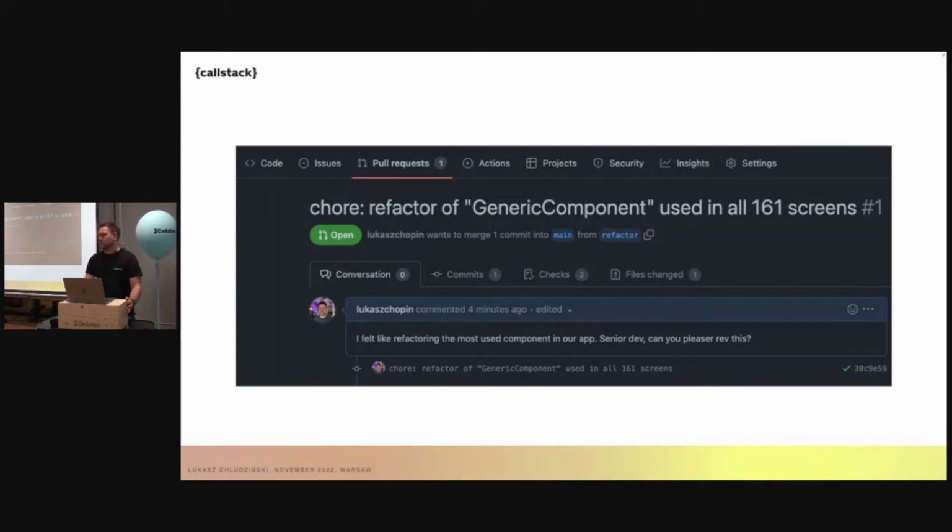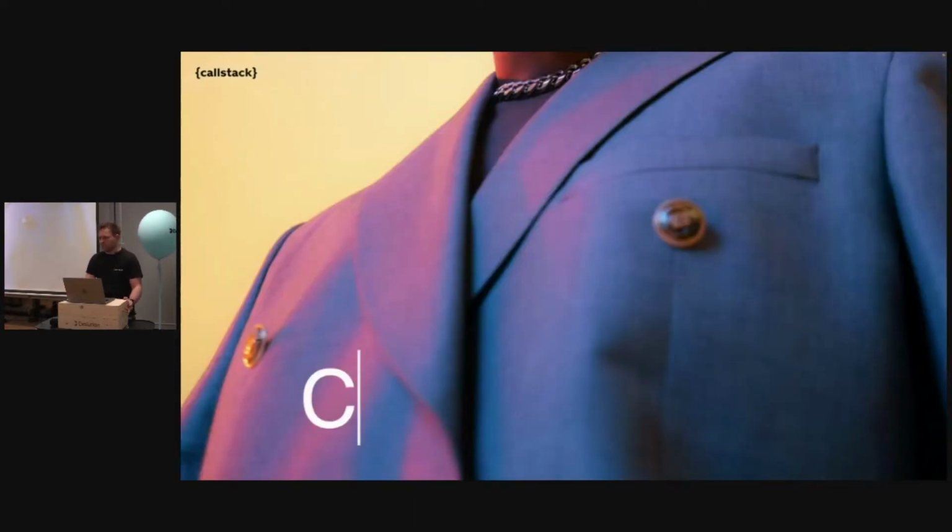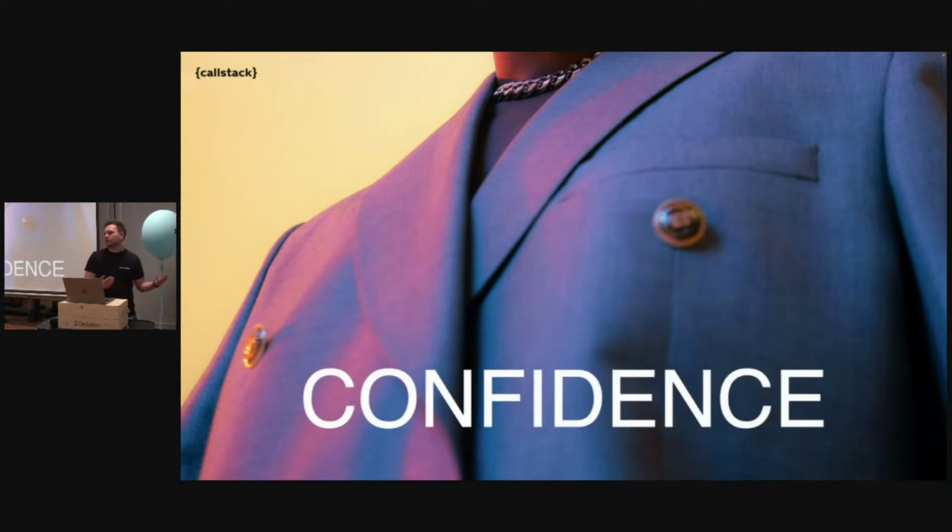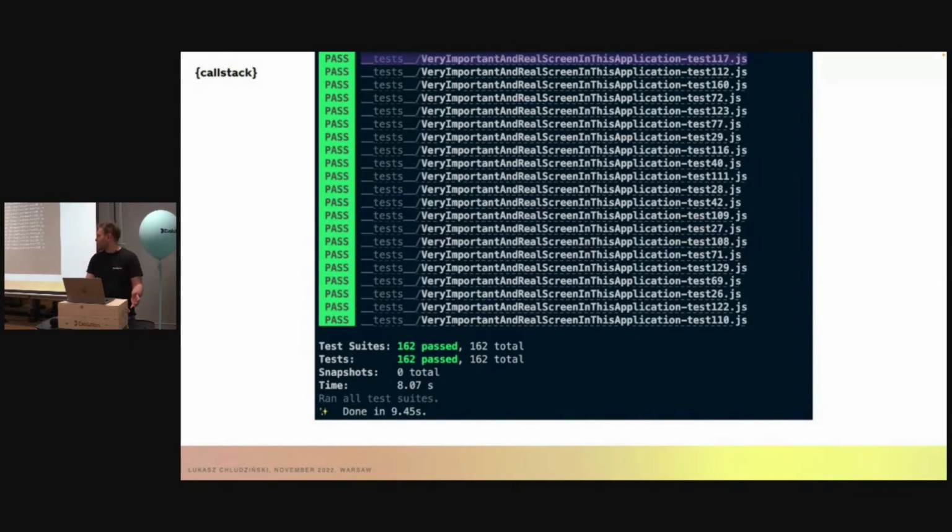So you look at the changes, they don't seem too intrusive, all checks out, and maybe you even wanted the changes to happen. But do you have confidence in this intern or junior developer, who probably made the changes at 5 a.m. in the morning? So do you have the confidence? Sure, if you have tests in your application and all 161 important screens say that they're fine with the change, you agree with the change.